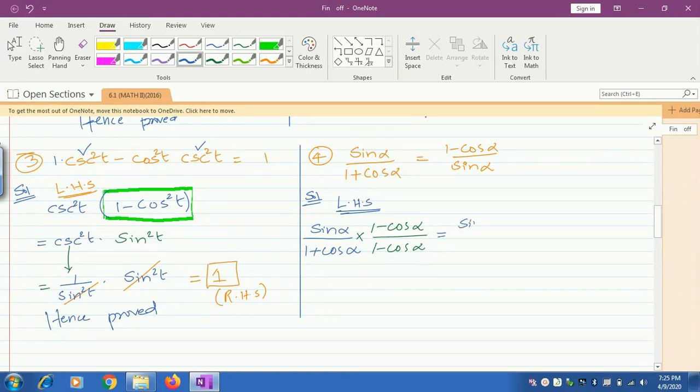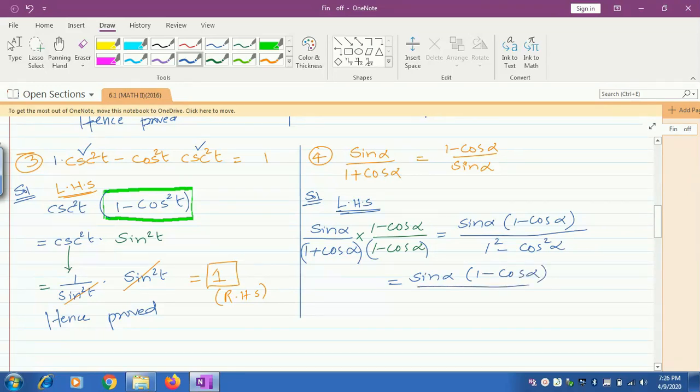Here you have sine theta as such, 1 minus cosine alpha over what is this? This is actually a plus b, a minus b. So I can write this as a square minus b square, and this is equal to sine theta and 1 minus cosine theta over 1 minus cosine square theta. 1 minus cosine square is sine square, right? So this is equal to sine square